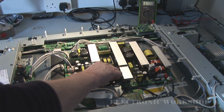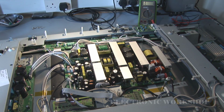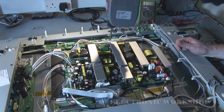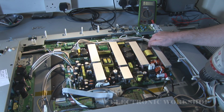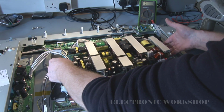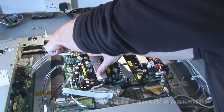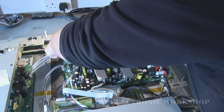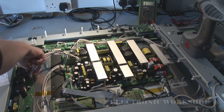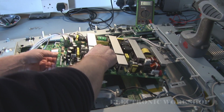Let's see. Somewhat over the far side. No. Left one again. Right, I'll take it out from this side instead. Obviously it's easier to take out with the PCB bolted to the